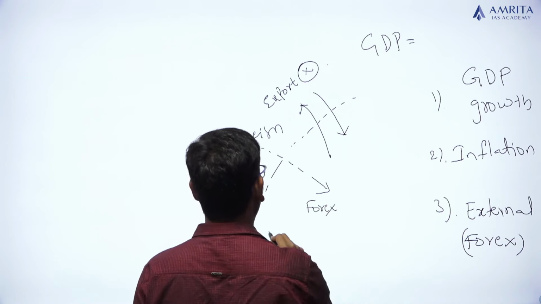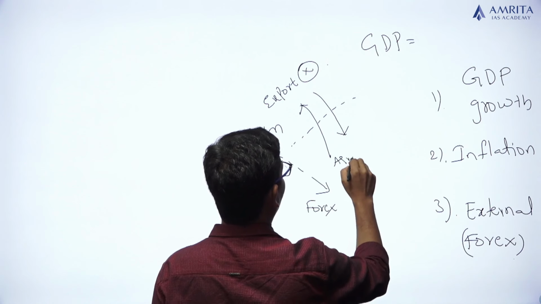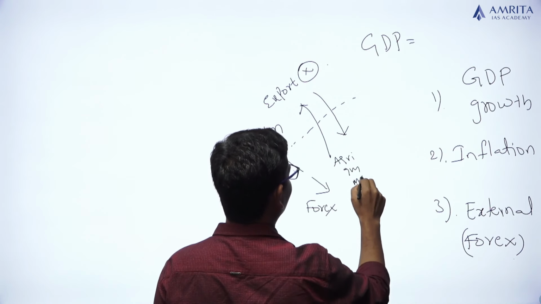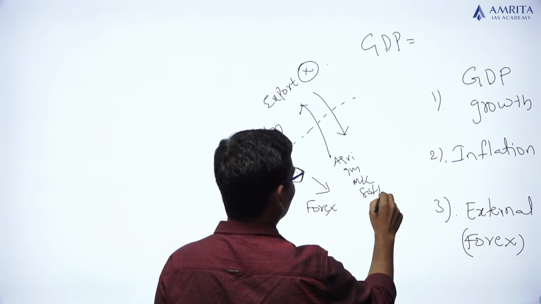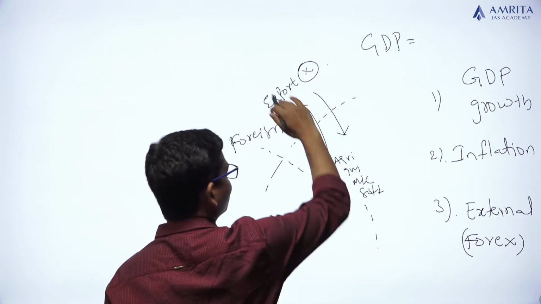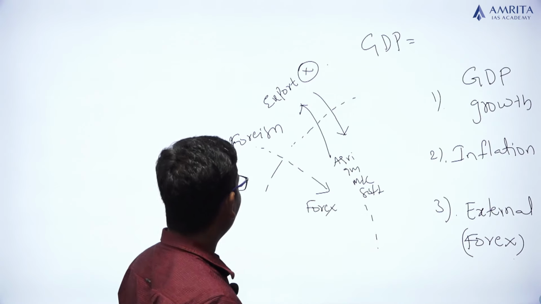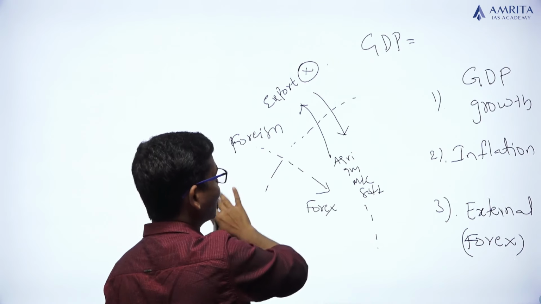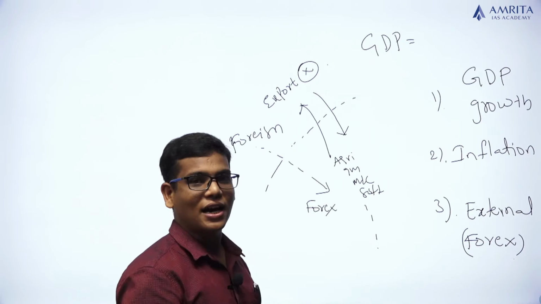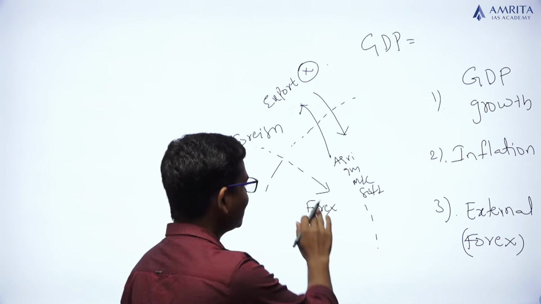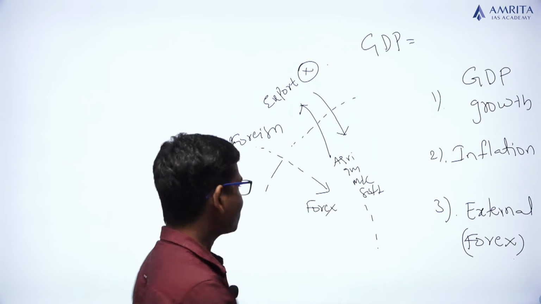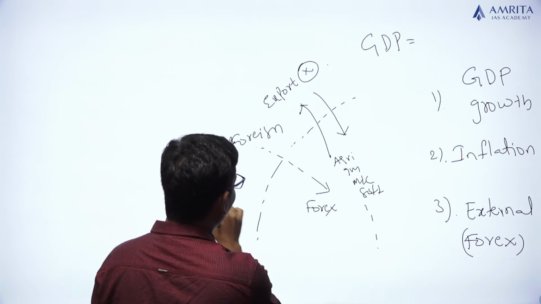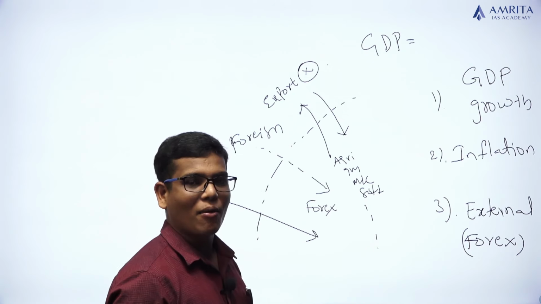If I export some agricultural commodities, garments, machinery, software, anything, I will get the forex. If any of my citizens is in a foreign country, working and sending money to India, we call it remittances, and it is also part of forex. Or otherwise, if any foreigner is visiting India,